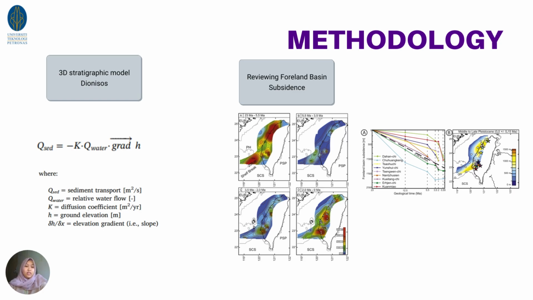Next, after they introduce the equation, they review the foreland basin subsidence. So the foreland basin subsidence here, the first map is a depth map that shows the decompacted sediment thickness in between four phases,